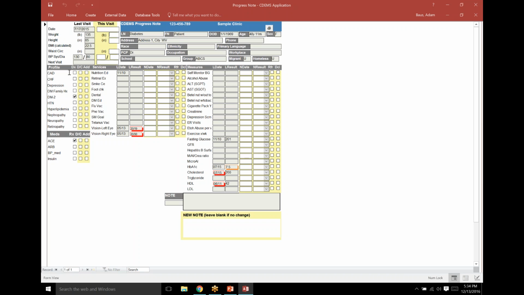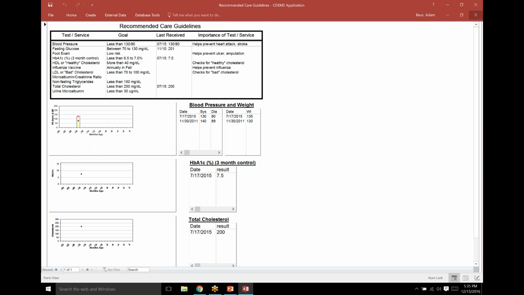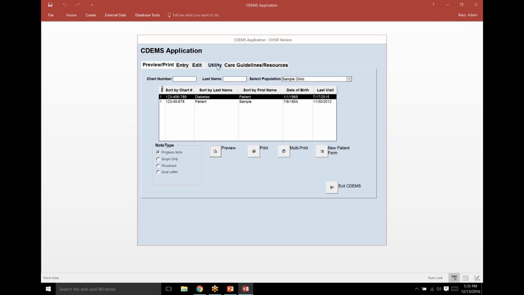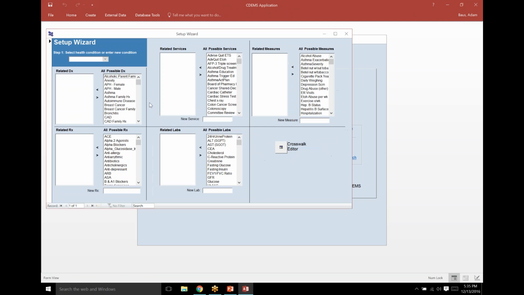Another example, maybe the health conditions, the comorbid conditions with diabetes are too numerous and you want to pare that down. So we'll do a couple things. First, we'll pare down the health conditions, and then we could add a new one, or we could add a new medication and show you how to add something onto the progress note that wasn't there before. So back to the utility tab, setup wizard. It's a very repetitive process, so there's nothing